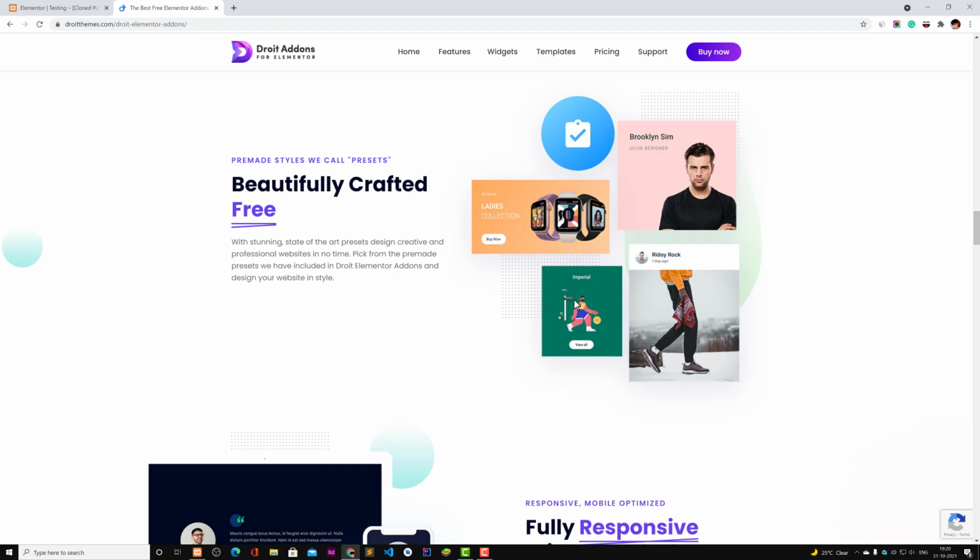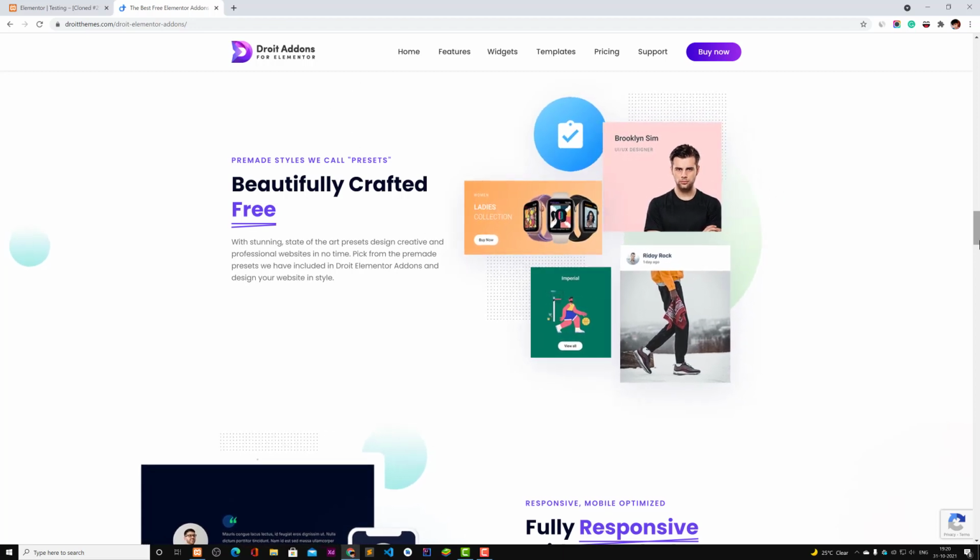Or you can also switch to some add-on that offers templates, like UAE, Ultimate Add-ons for Elementor, which offers you templates. And these add-ons like Ultimate Add-ons, Elements Kit, and also Droid add-ons can be